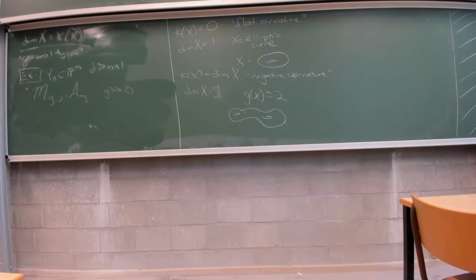Yeah, exactly. Okay, so this is just to kind of give us a way of thinking about these different classes of varieties, having Kodaira dimension minus infinity, having Kodaira dimension 0, or being of general type in this sense. And what kind of turns out to be the miracle of